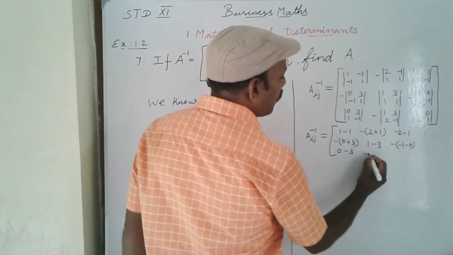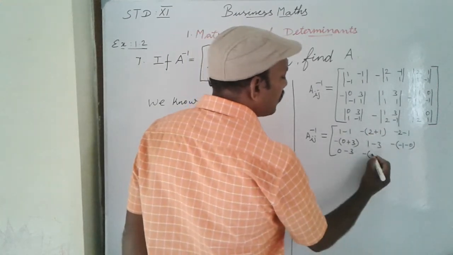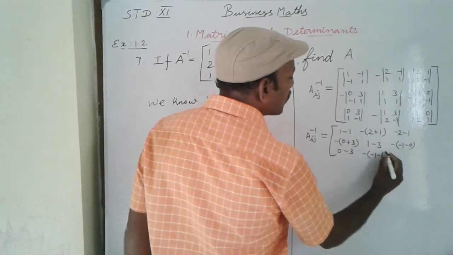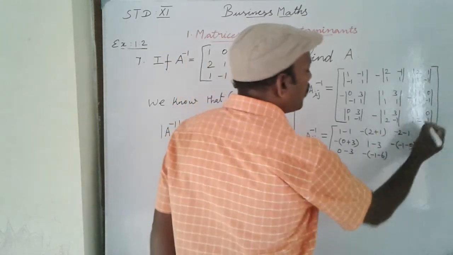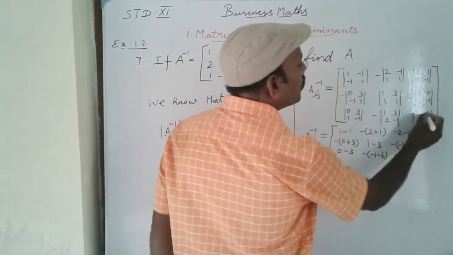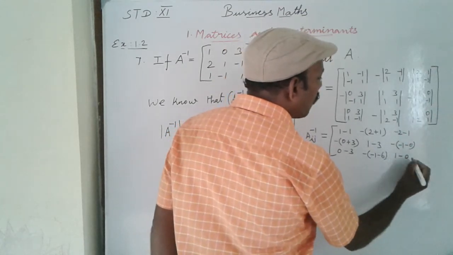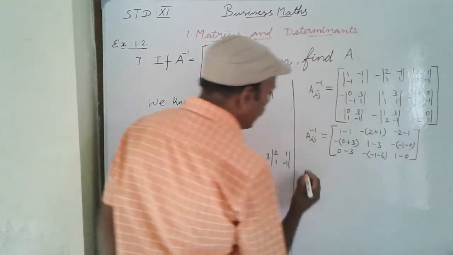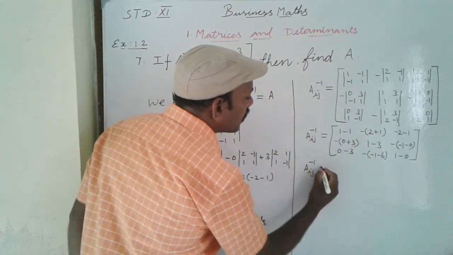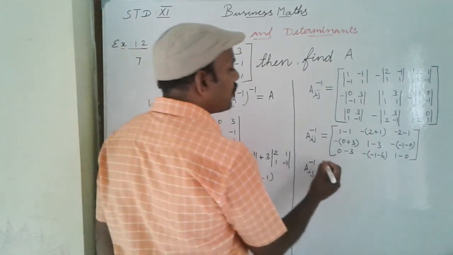So minus of 1 into minus 1 is minus 1, 2 threes are 6, minus 6. 1 into 1 is 1, 2 into 0 is 0, minus 0. Aij inverse, the cofactor of A inverse, is